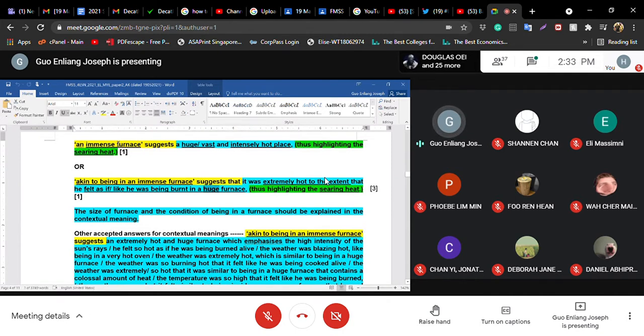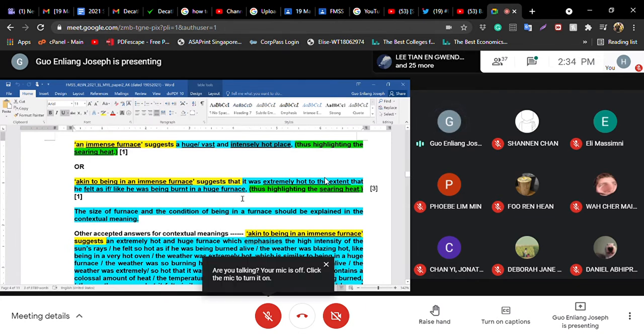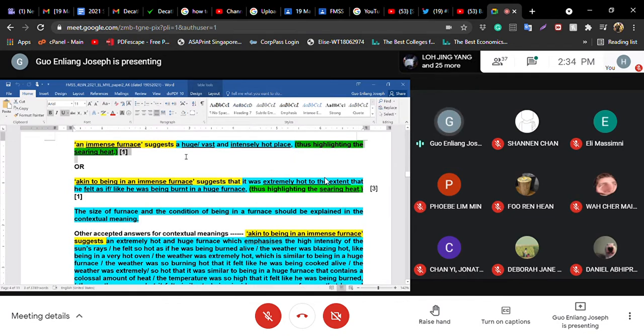Then the second thing you need to replace is actually, sorry, not replace, but to infer the condition of being in the furnace. All right, you do not need to replace the word furnace. Okay, I don't expect people to replace the word furnace, but you need to tell me the condition of being in the furnace. So if you look very carefully, look at this word, intensely hot. So a furnace is assumed to be a very hot place. All right, okay. Or you can say a very hot furnace is fine as long as I know the condition. Okay, and of course you end on the link highlighting the searing heat. Searing is scorching, by the way, scorching weather condition.